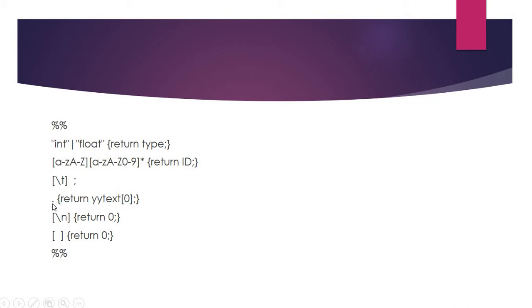Then the dot recognizes any single character. If so, it returns that single character, so yytext[0] is used for returning that character from Lex to the Yacc program. If it is a new line, we return 0, just returning from Lex to the Yacc program. That's all regarding the rules section in the Lex program. Then int yywrap is helpful for returning the unrecognized string back to the input buffers in the lexical analyzer. Now let us move on to the Yacc program.